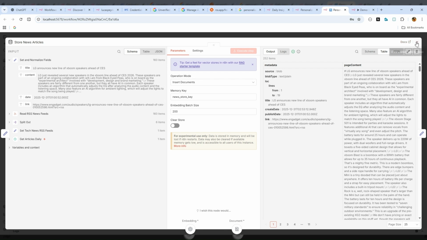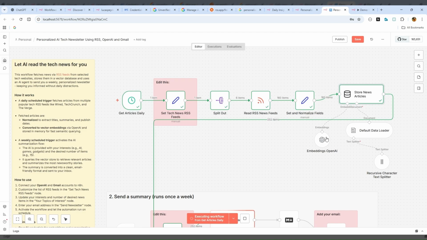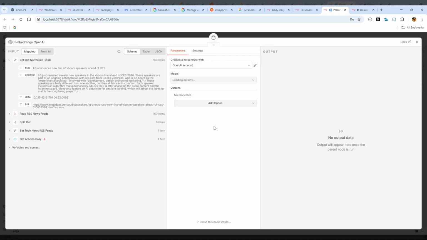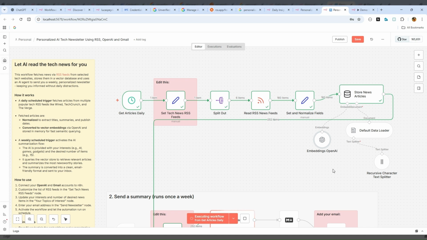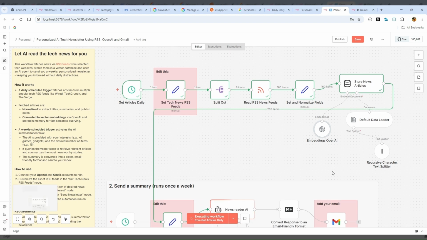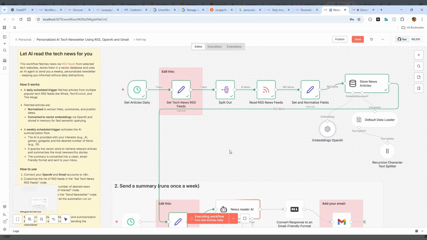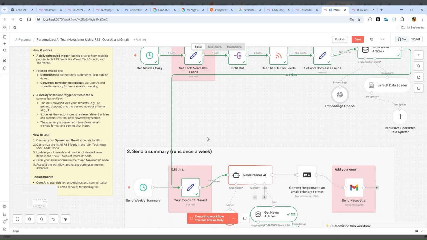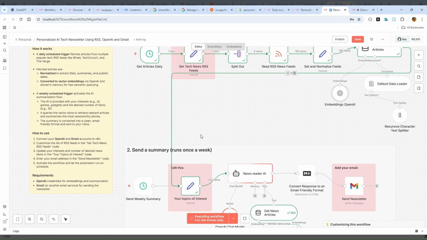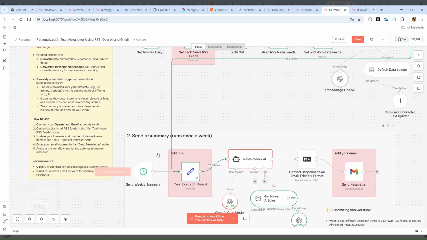information in vector format. So we are creating embeddings using an OpenAI model. The model that I'm using at the moment is a text embedding model. It's pretty good and quick enough to basically create the embeddings, and the next stage after that is that we have set up a weekly summary executor. So it just runs once a week, where it again looks for the summary